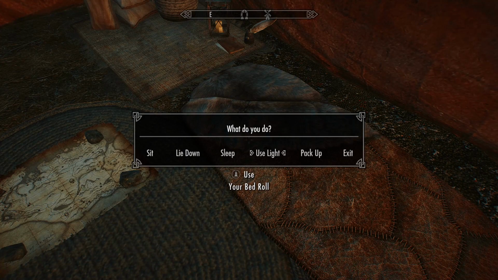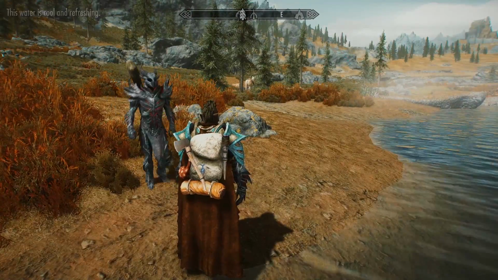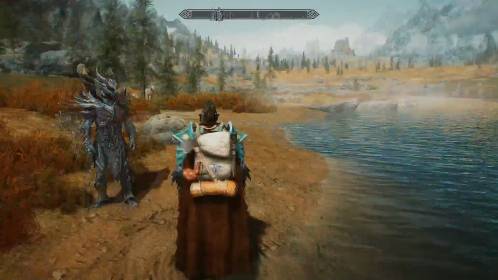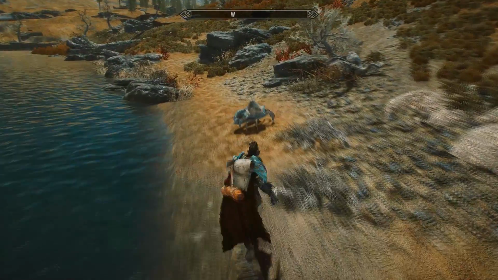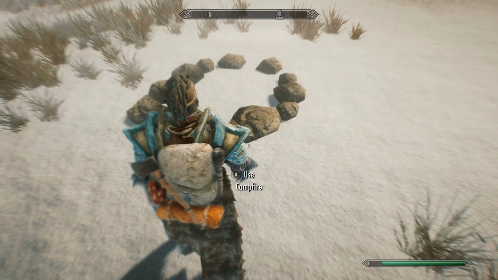But next up we have mod number 3, Wet and Cold. A simple mod that gives you a visual change to when your character and the people around you are wet or cold. So for example, if you jump in a lake and then come out again, you'll be dripping with water because you're wet. And if you're in the north of Skyrim, you'll actually be able to see your breath